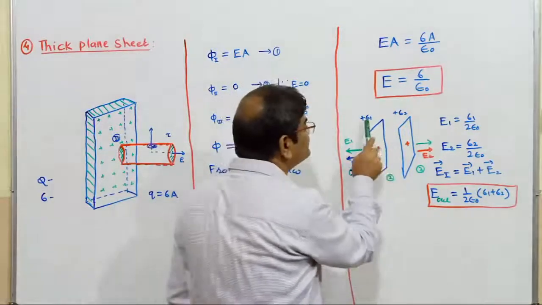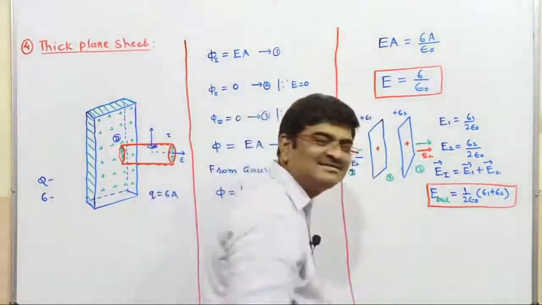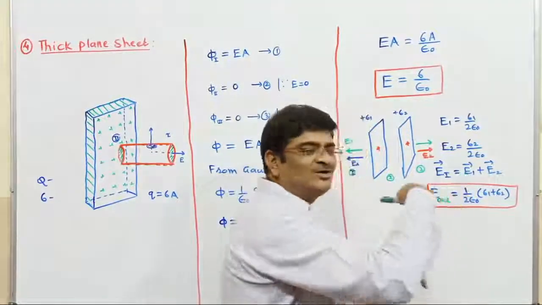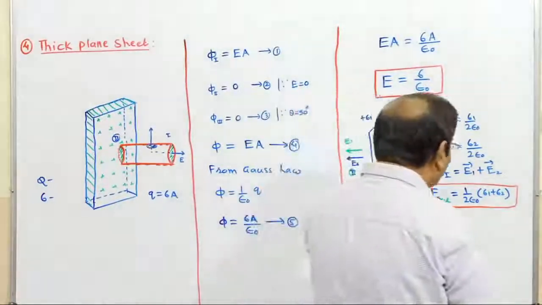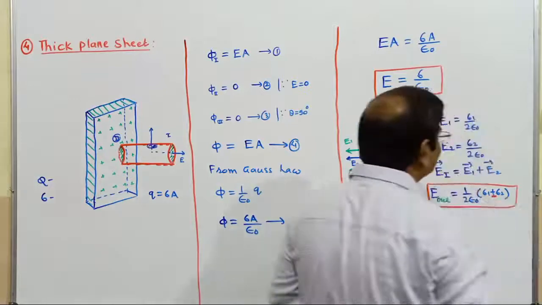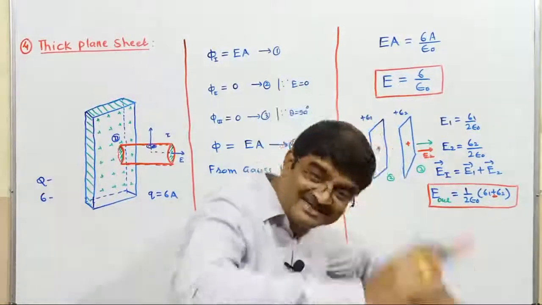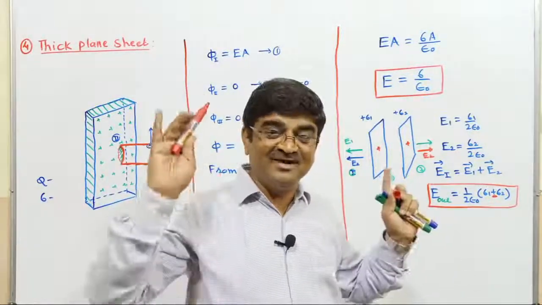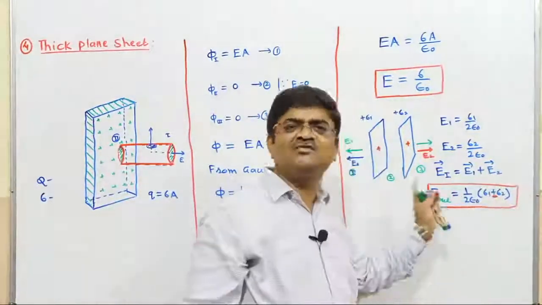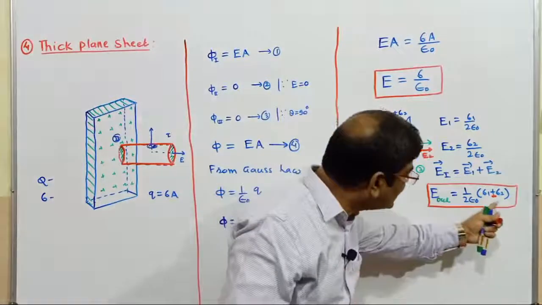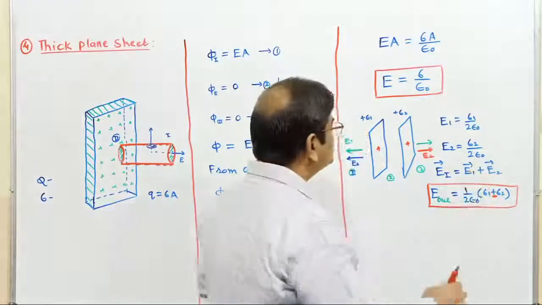Suppose sigma 1 is positive, sigma 2 is negative. Then E1 I will have in this direction, E2 in the opposite direction. E1 is one direction, E2 opposite, so minus I will have. And here I get minus. So remember children that depending upon the nature of charge I have got, if both of them are plus, I will add. Both of them minus also I will add. Only direction will be, if both of them are plus, going away. Both of them minus, going towards. That's it, magnitude same. One plus, one minus, I'll have a minus sign here. From greater sigma, smaller sigma, I'll have to subtract. Okay, this is outside.